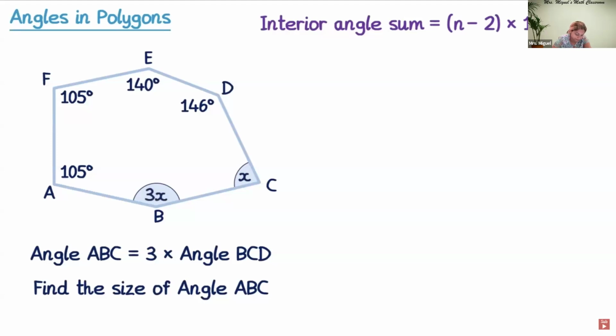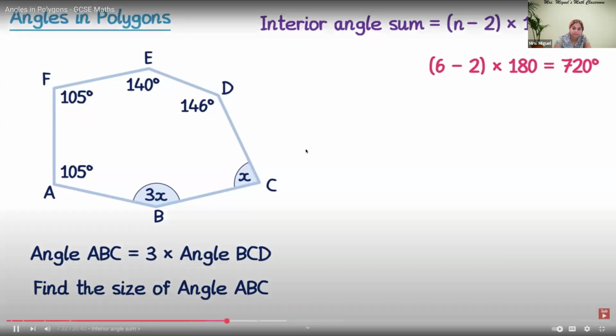Next we want to work out the interior angle sum. This shape has 6 sides, so we need to do 6 subtract 2 multiplied by 180, which will give you 720. This means all 6 of these angles must add up to give 720 degrees. So let's add up all of the angles. Now this time 2 of the angles